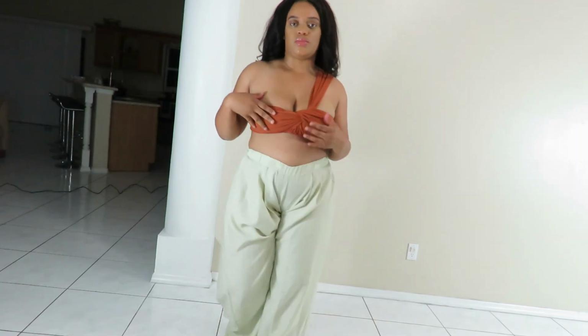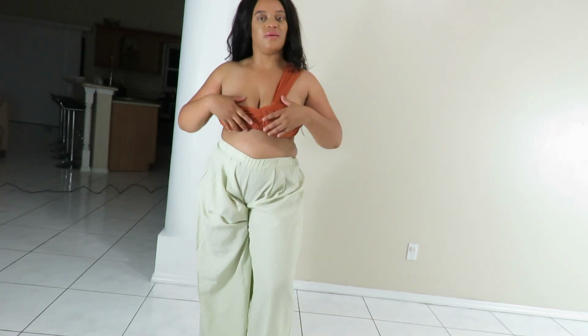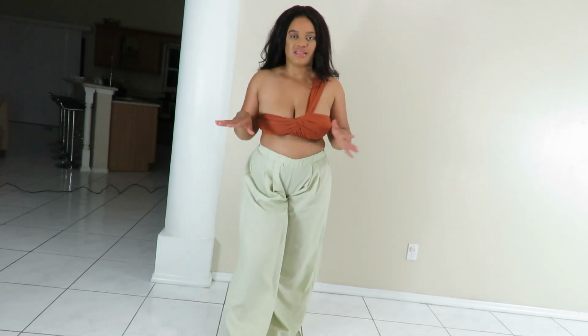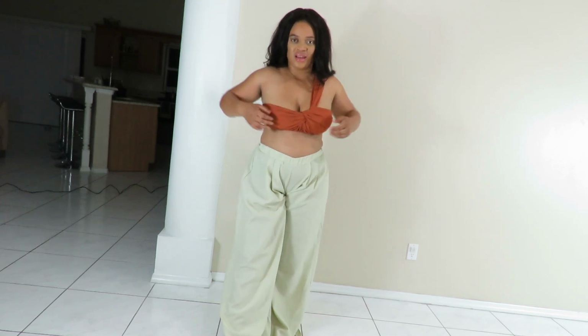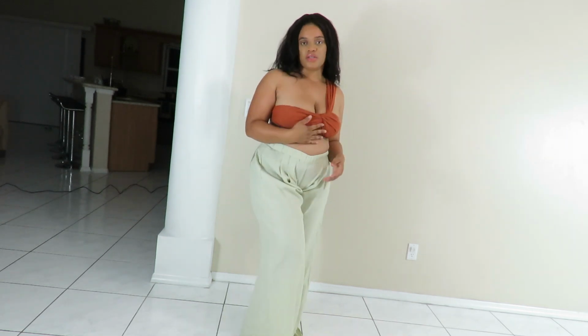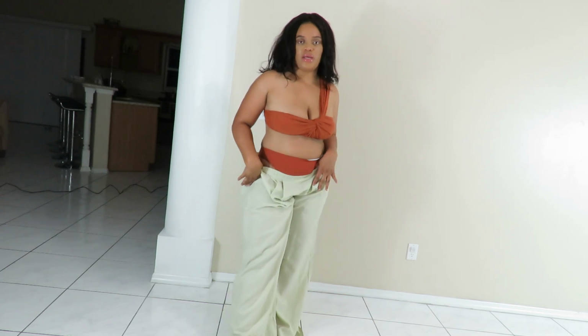This is the next swimsuit I got. Like, would it kill them to give us some extra fabric? Like, is that too much to ask when you're buying a bikini? God, leave. But I love the top, love the design. The bottoms are actually high-waisted,